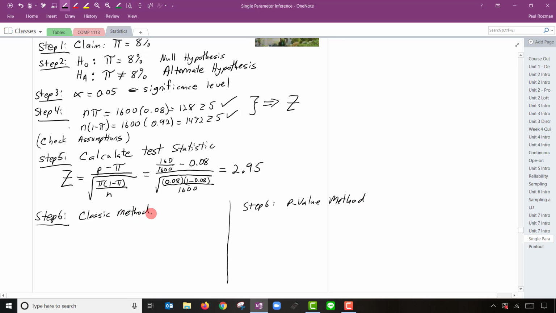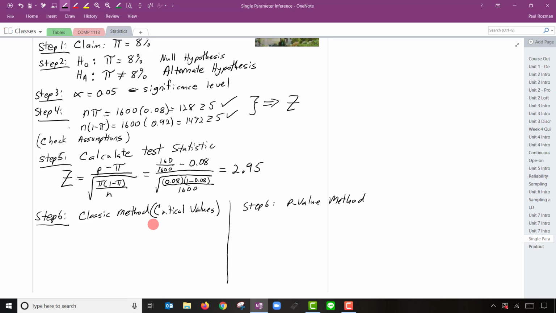The classic method involves critical values, just like we had from confidence intervals. So the classic method when you're first learning this is trying to show us the link between confidence intervals and